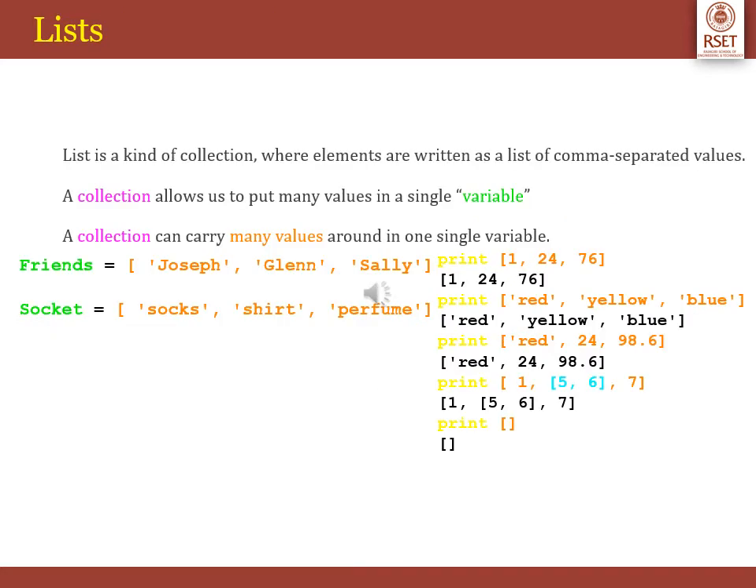List is a versatile data type available in Python. It is a sequence in which elements are written as a list of comma-separated values between square brackets. The key feature of the list is that it can have elements that belong to different data types,